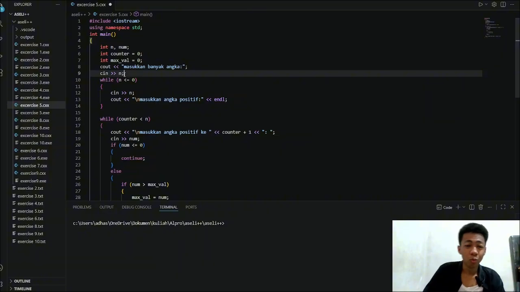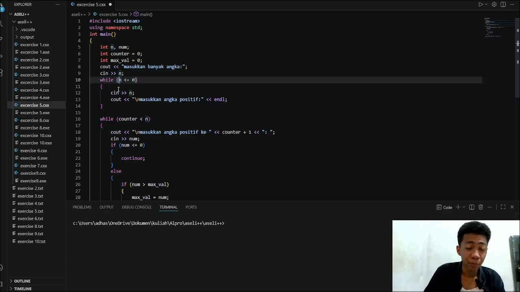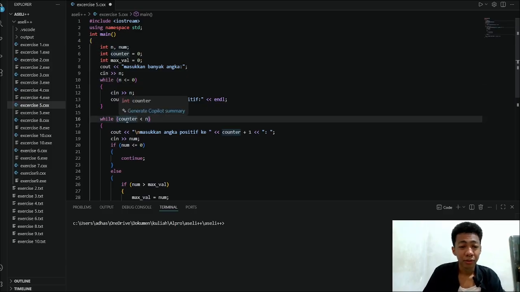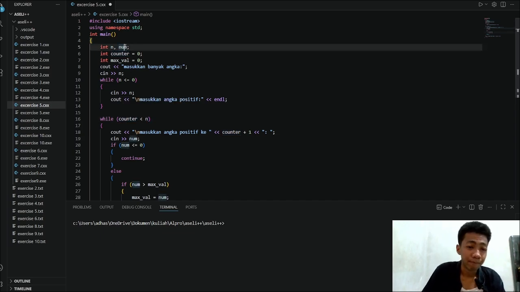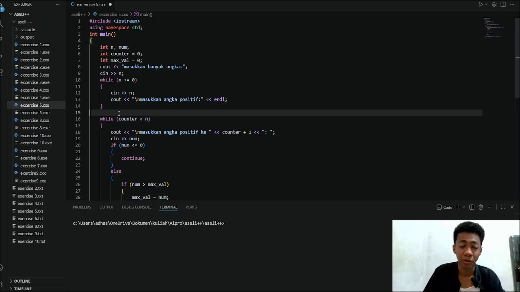And here we need to assign the value to the n variable, which we use to indicate the total of the numbers that we will display at the end of the program.